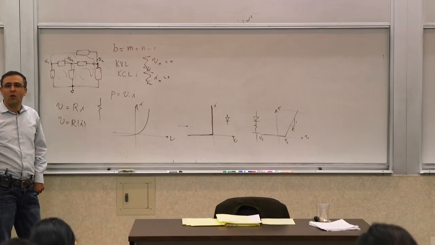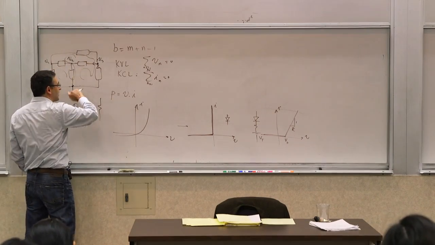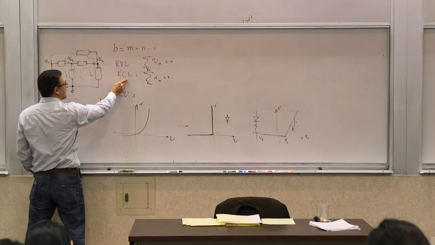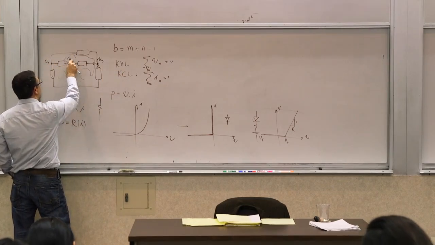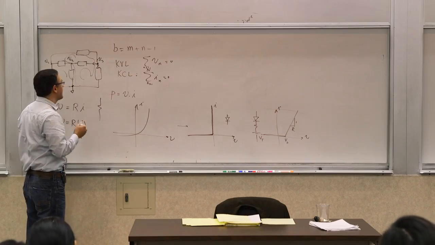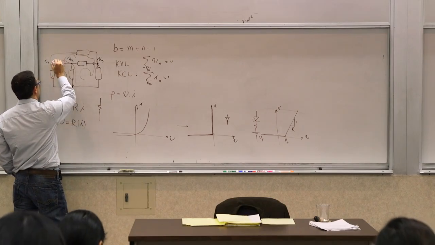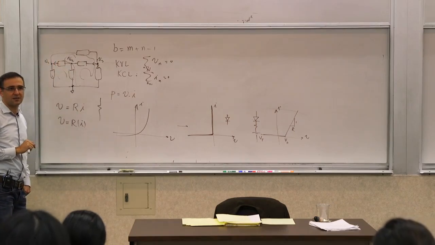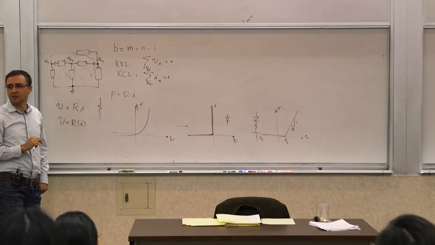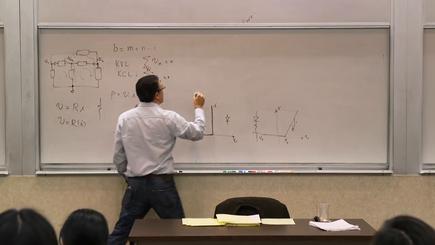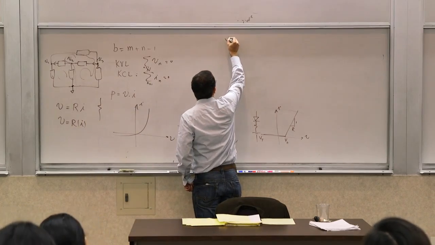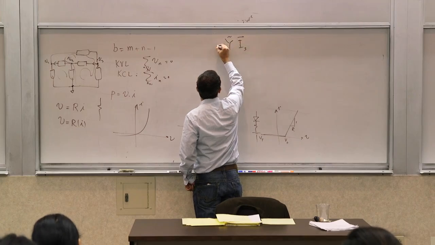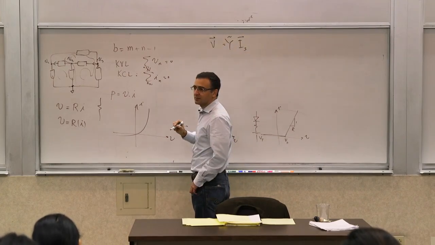The second one was to define these voltages with respect to these. And third one was to write KCL, the Kirchhoff current law, for these nodes in terms of node voltages. And the way you did that, for example, if you wanted to calculate this current, you wrote it as V2 minus V1 divided by the resistance of that element, or times its conductance. And that produced a matrix, Y,